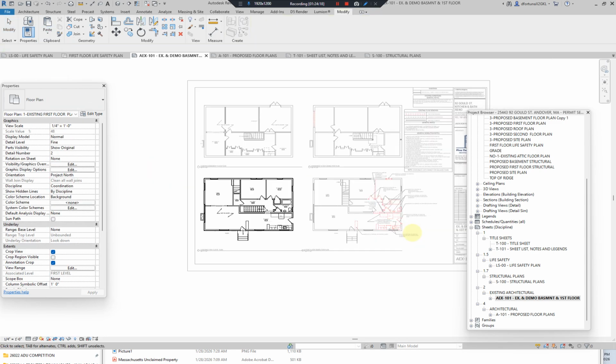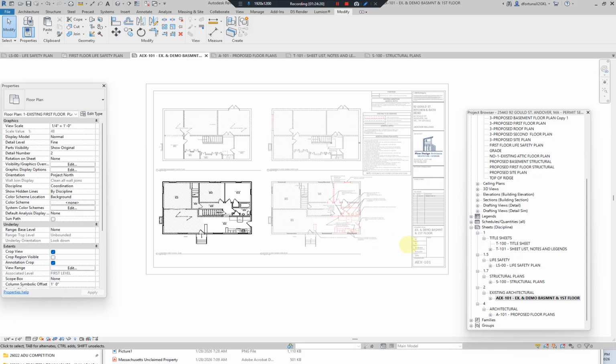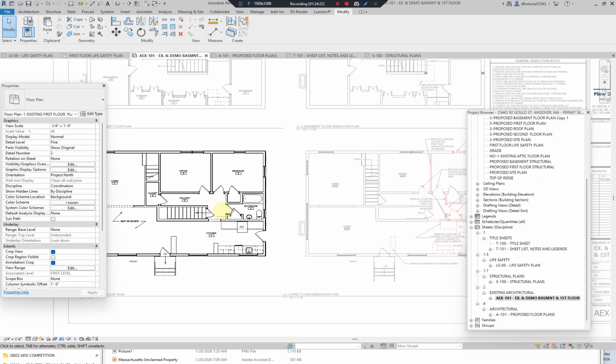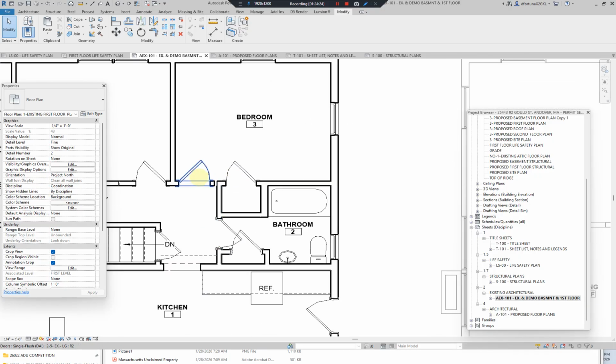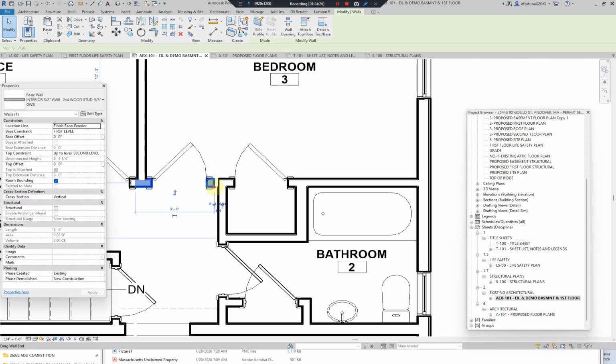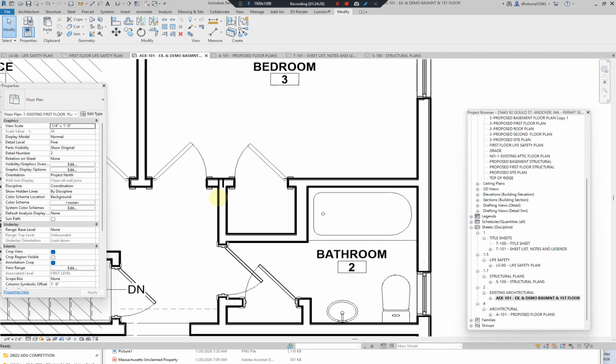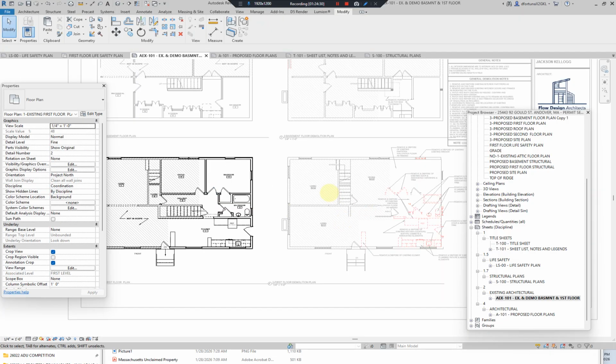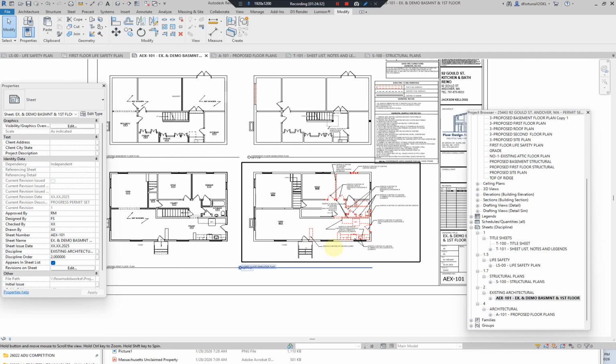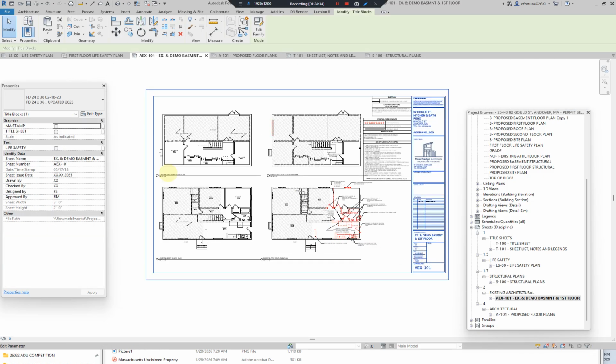Okay. Right, so this is done. This is done. This is done. There's some funny things happening in here. It has to do with the demo and the proposed. It just gets funny. But this is done. The demo is done. So we just go here, stamp it,